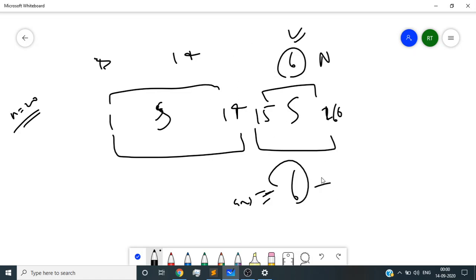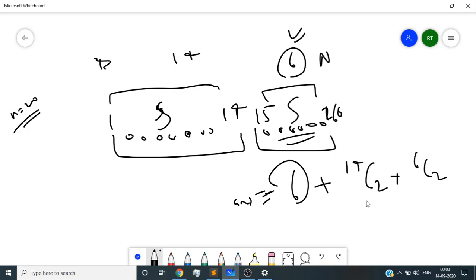Then, among these 14 elements, I can choose any two elements and swap them, and it won't change my answer, because the sum of the first 14 elements is equal to the sum of 15 to 20. So I can consider 14C2, and similarly I can choose 2 elements out of these 6 elements and swap those, and this would be my answer in that particular case.